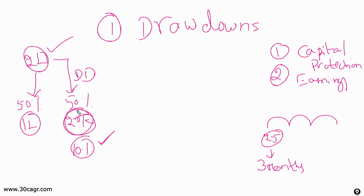So for two pairs, it will be 20 into 2, 40,000, right? And once you see a loss of 40,000 in your account for a capital of 2 lakhs, there is no way the trader is going to stick with the same strategy. But now for 2 lakhs capital, you will maximum get a loss of 20,000, which is 10%. So you will still stick with this strategy and you will trade comfortably in this, even if you have a